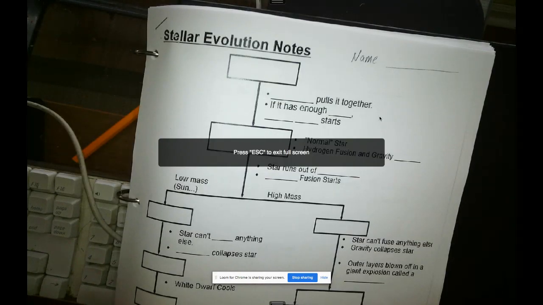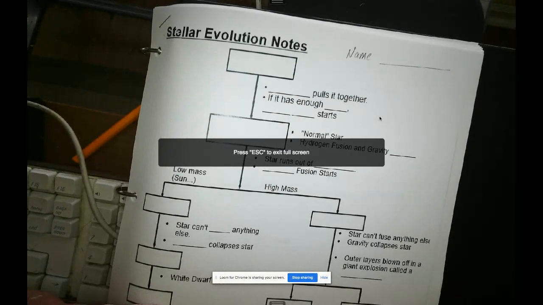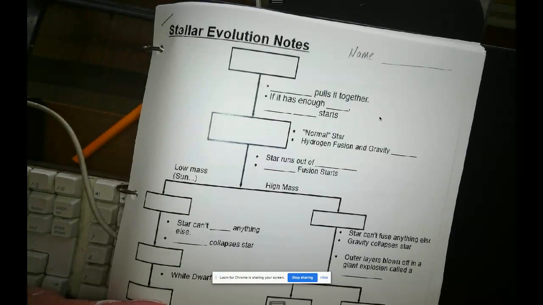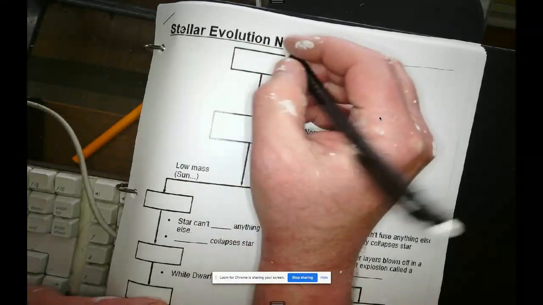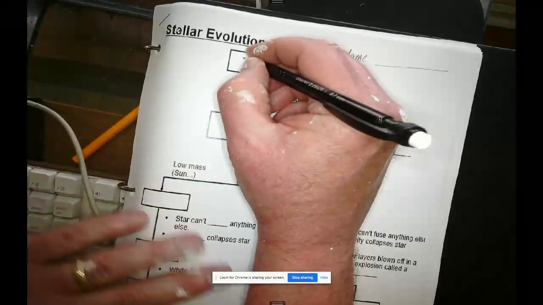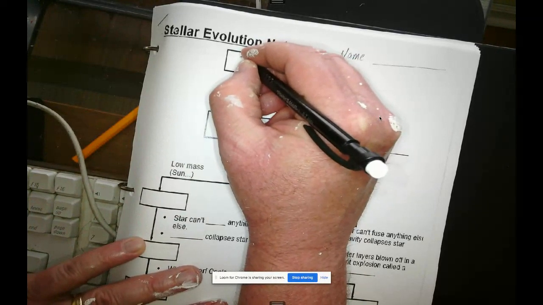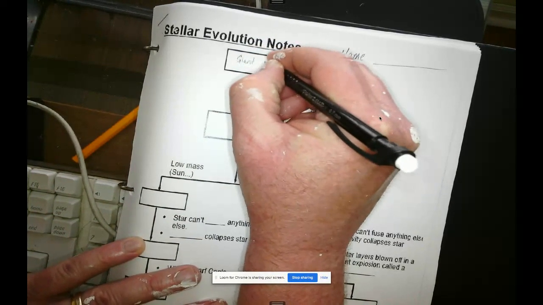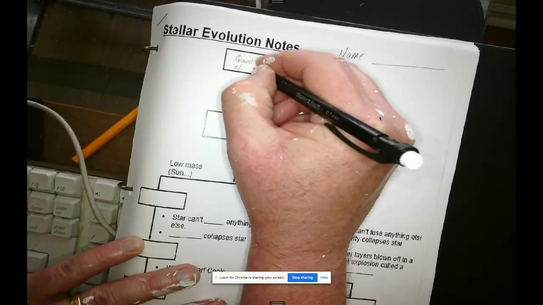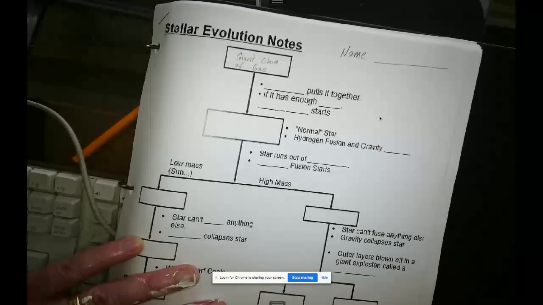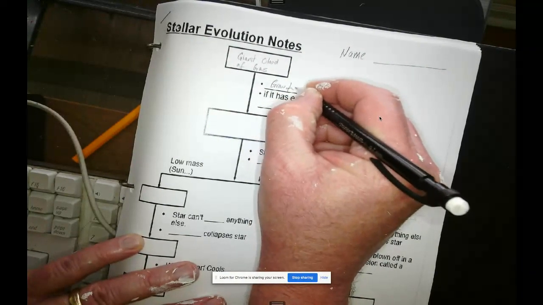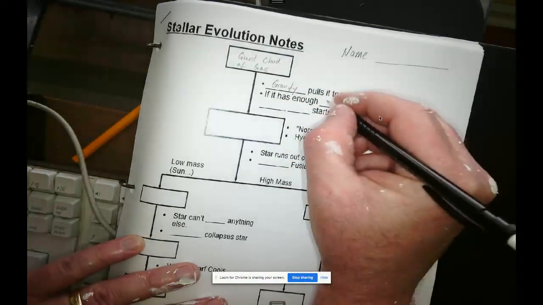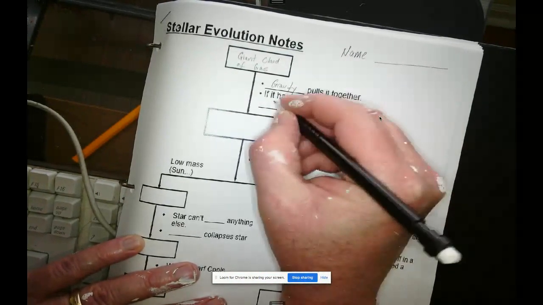Okay, this video is going to be on how stars evolve. And this has to explain how we end up with the different types of stars: main sequence stars, red giants, and white dwarfs. So all stars start out as a giant cloud of gas. It's mostly hydrogen. And then gravity pulls it together. And if it has enough mass, hydrogen fusion